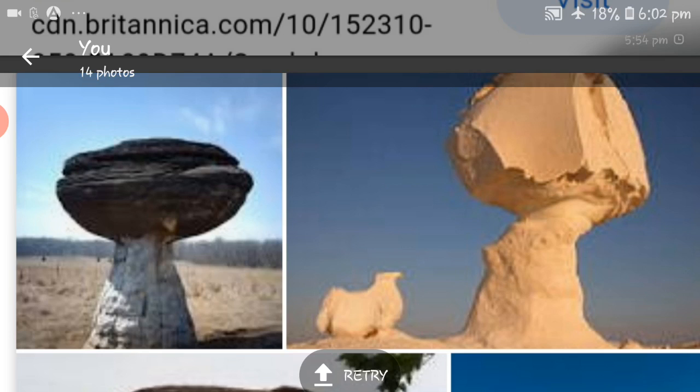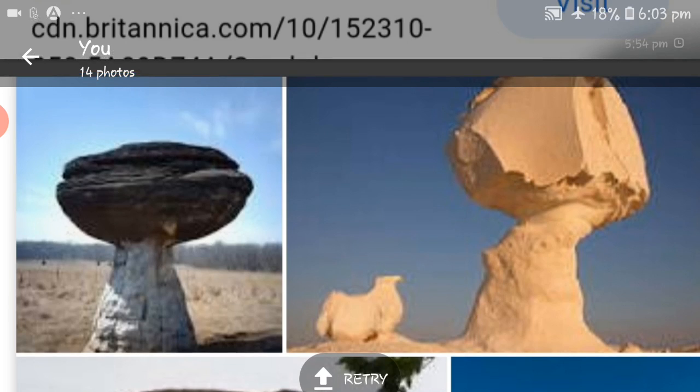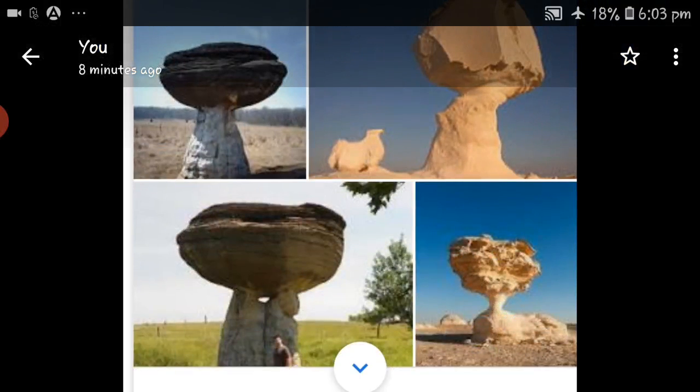In previous classes we learned how erosion happens. The rock material is separated out from the rock through erosion. What will happen, children? The rock will turn into this shape. Which shape is it?